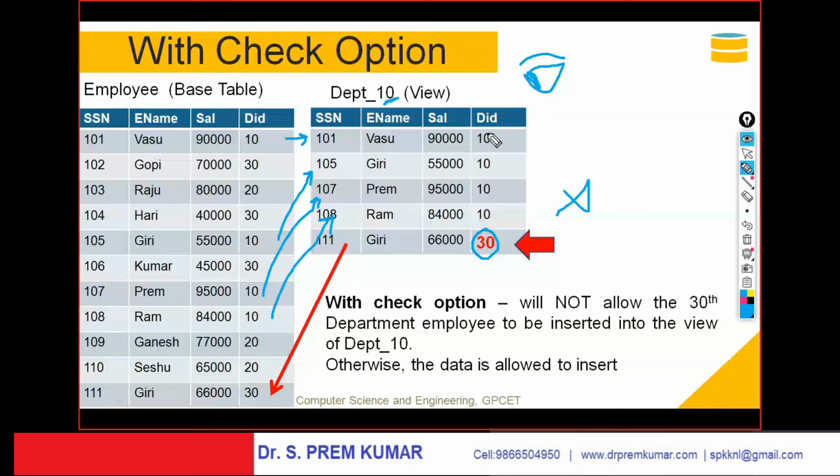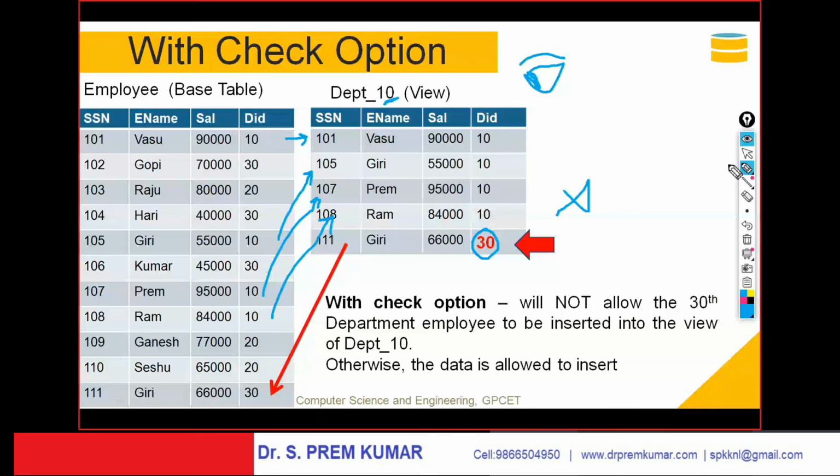If you don't use with check option, it will accept 30th department also. It should not accept. So if you use with check option, it accepts only 10th department employees. The rest of the departments will be bounced, will be rejected. That is the point you need to observe. That is the importance of with check option.